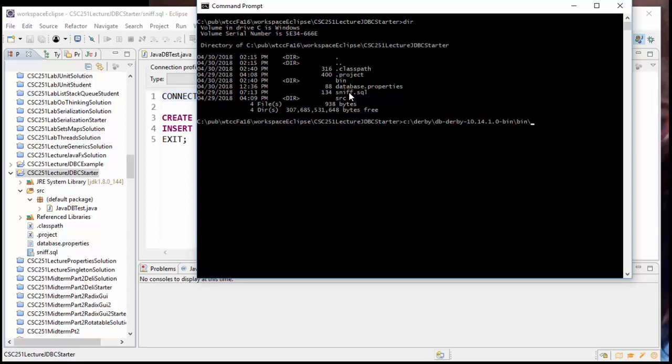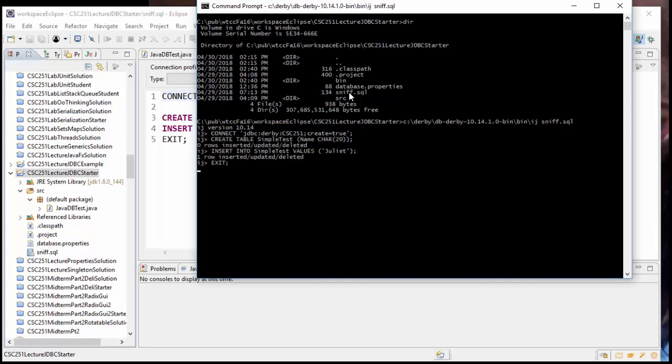Well, nothing happens because it's already complete. And I can type ij. It will execute the ij.bat program in that folder. And so I can type ij and I can give it sniff.sql as a command line argument. And when I hit enter, it'll take a little while, but it will create a Derby database and execute the commands that are in that